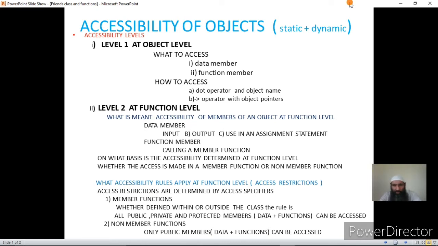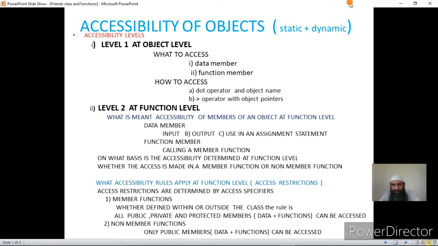Once we access a data member, the accessibility of a data member at a function level means that a particular data member can be input in the body of a particular function in which we are making an access, or it can be output in the body of a particular function where we are trying to display the contents of that data member, or we are able to use that data member in assignment statements depending on its data type. Whether it is int, char, float or double, we can use all of these in assignment statements and assign them values, or have a right hand expression in assignment statements.